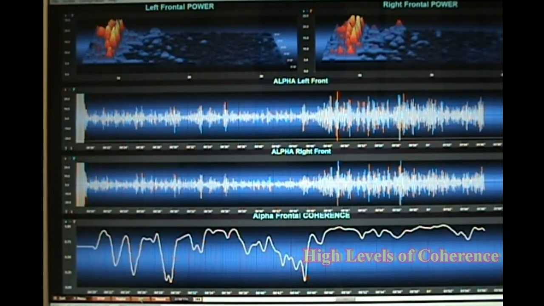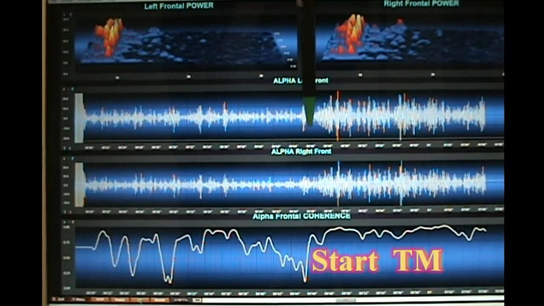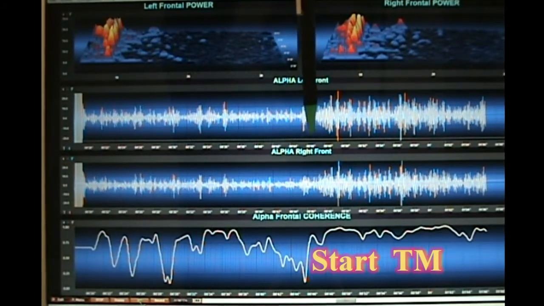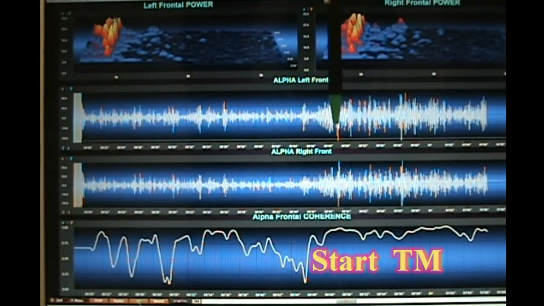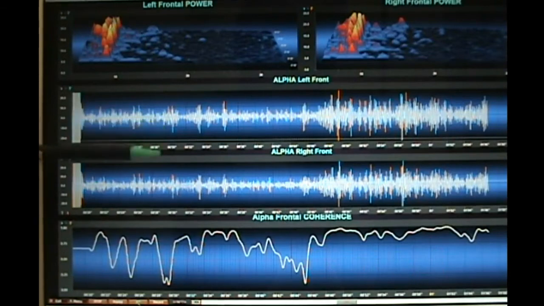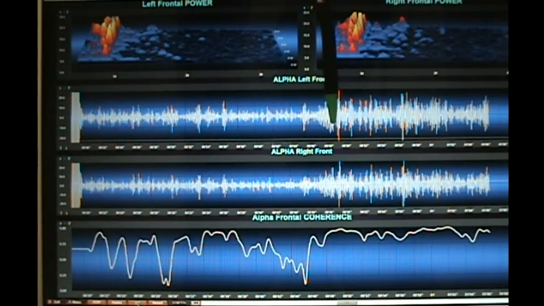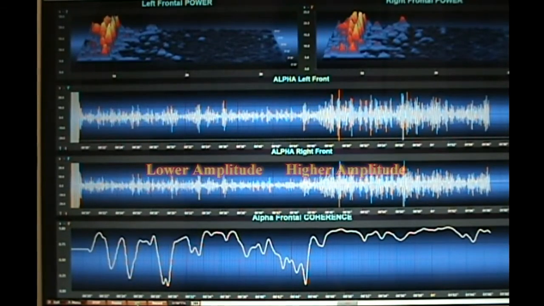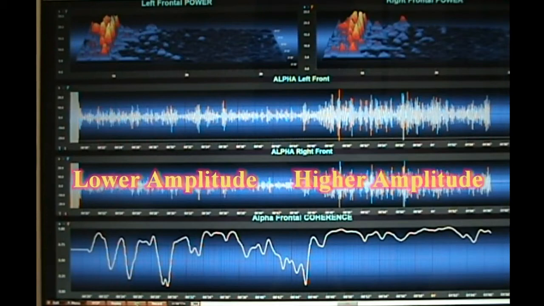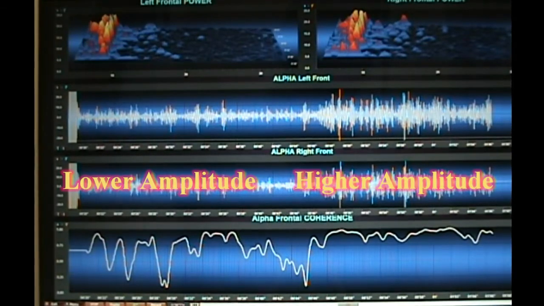And you can see that the beginning of TM was right here, and you can see that what is on the left side of the screen is profoundly different from what's on the right side of the screen. Notice, for example, that the EEG in both the left side and the right side and the front of the individual became quite large. Notice the size of the amplitude, and this is an indication of rapidly increased integration of cellular activity from a more diversified to a more unified, powerful structure of brain coherence.